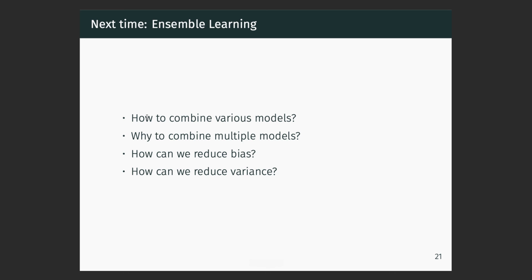So in the next lecture, we will discuss something known as ensemble learning, where the idea is to combine different models. The questions are why do you want to combine different models? How can we reduce bias and variance, which are two things which we have seen? And is there any part of the error which is other than bias and variance? So we will look at that also. And all of this should now be sufficient for our kind of